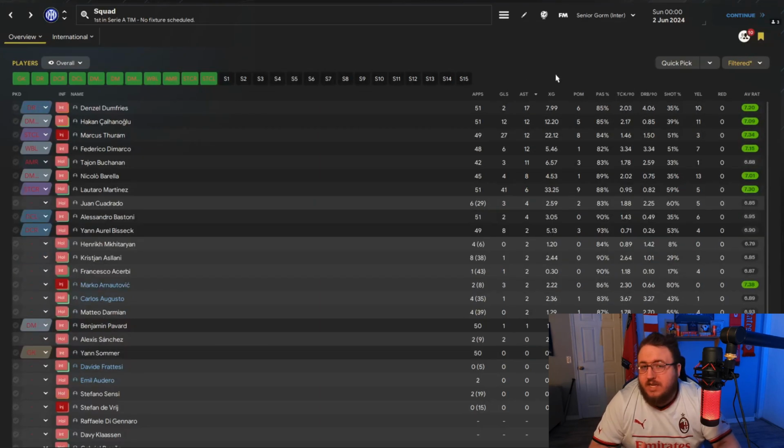But when it comes to the assists, a lot of people with double-digit assists. Denzel Dumfries with 17. Hakan, once again there, he had 12. Marcus Thuram with 12. Federico DiMarco at 12, and Tajon Buchanan, of all people, with 11. And with this tactic, you see it's not scoring an absurd amount of goals. This tactic also doesn't concede a whole lot of goals, but this overall, very Italian style of football,